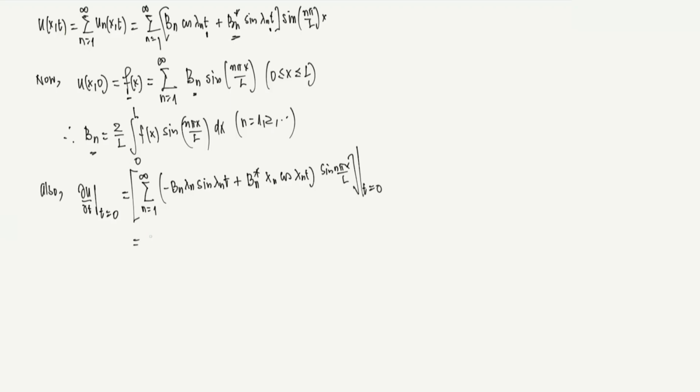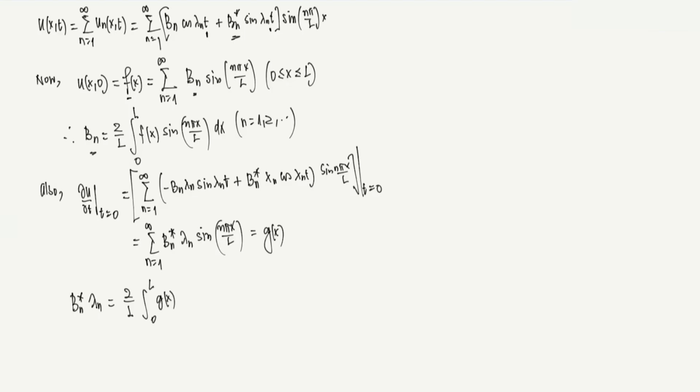Now you see, at the point t equals 0, if I put t equals 0 here, it comes out to be this. This is nothing but bn star, and then lambda n sine of n pi x by l. And this is nothing but g of x, that's given to us. So again, this is in your Fourier sine series, and you can find out what bn star lambda n's are. They are nothing but 2 by l, and then 0 to l g of x,